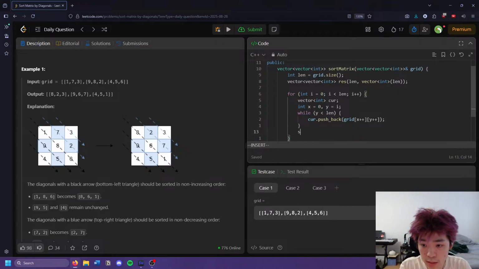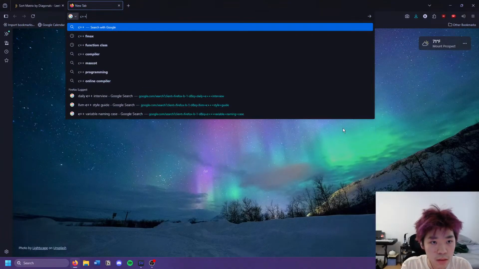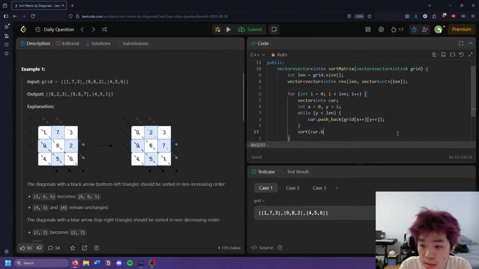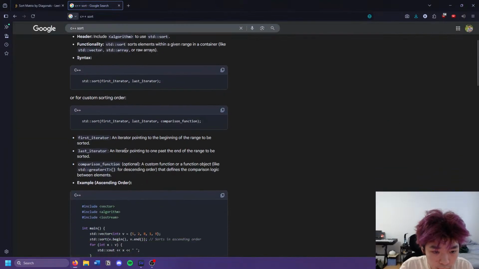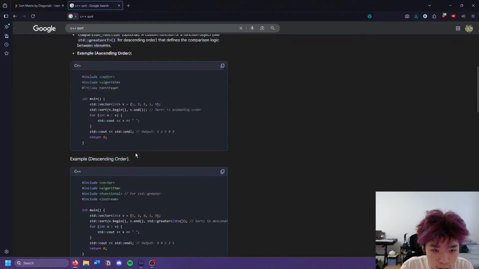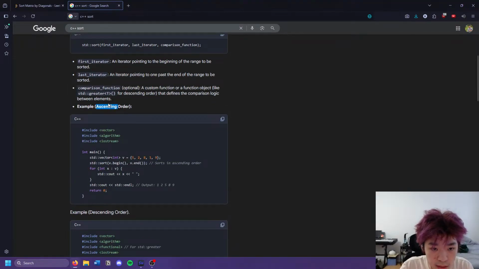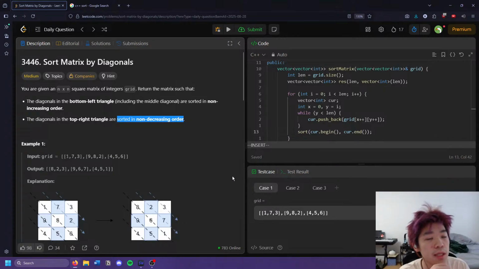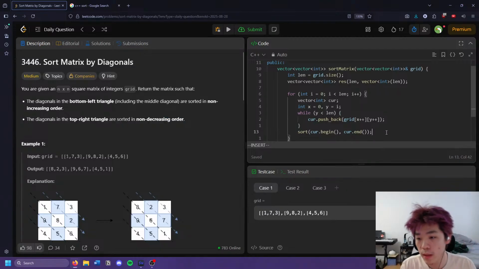Let's just sort. Let's see if this works how I remember. Okay, nice. What's the default comparator? Ascending order. Okay, so non-decreasing order. So top right, that means this one's correct. Okay. And then